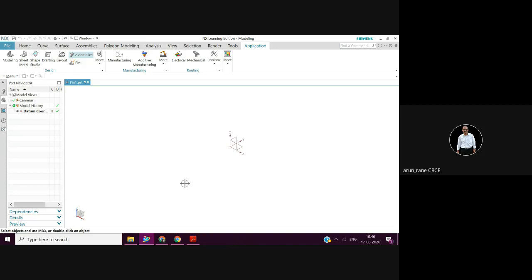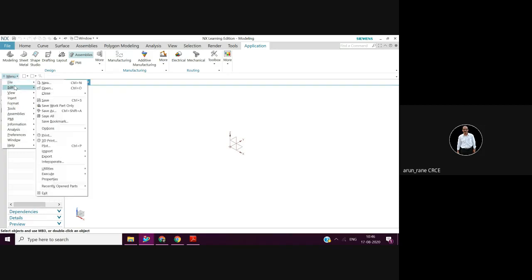Now we will draw a pin. You have to go to the sketch mode. So here you will see the menu, and now just try to see where your sketch is. Can you see sketch mode here anywhere? These are the different tools which are used for drawing.